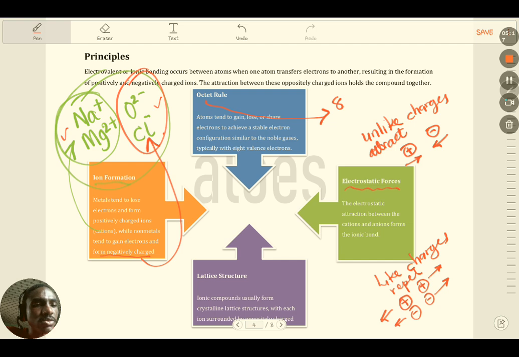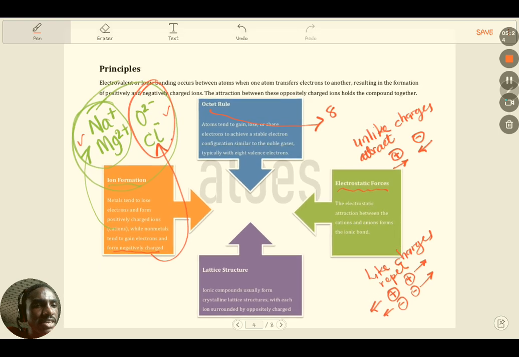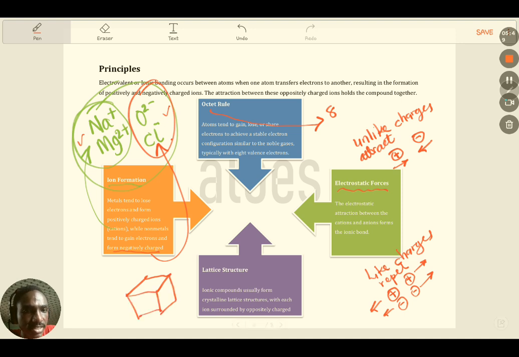And also we go to the lattice structure. So ionic compounds usually form crystalline lattice structures, each with ions surrounded by oppositely charged what? Ions. Okay, and we're going to be looking at that also when we look at bonding properly. But let me just give a short description of the crystalline structure of, for example,